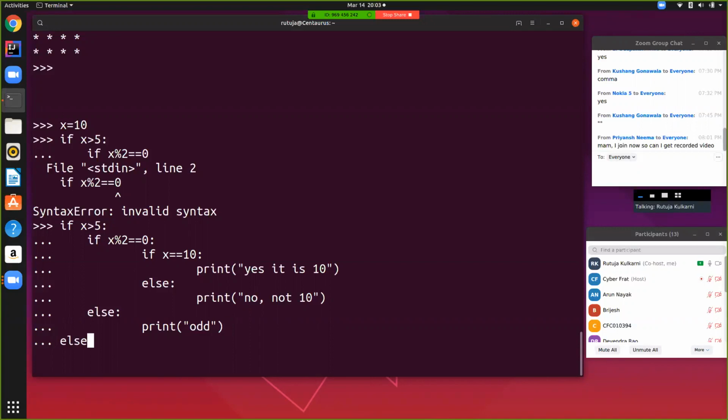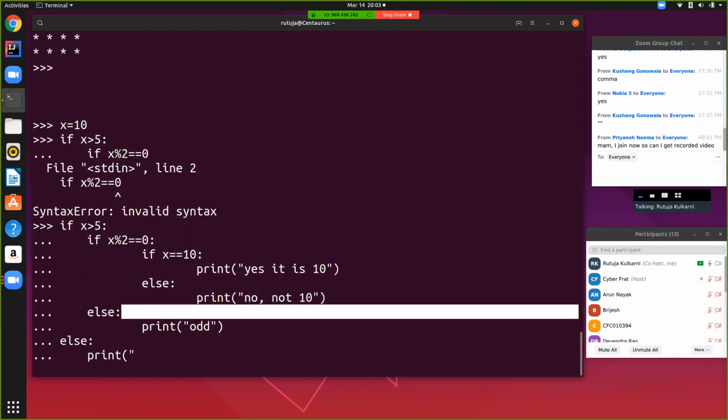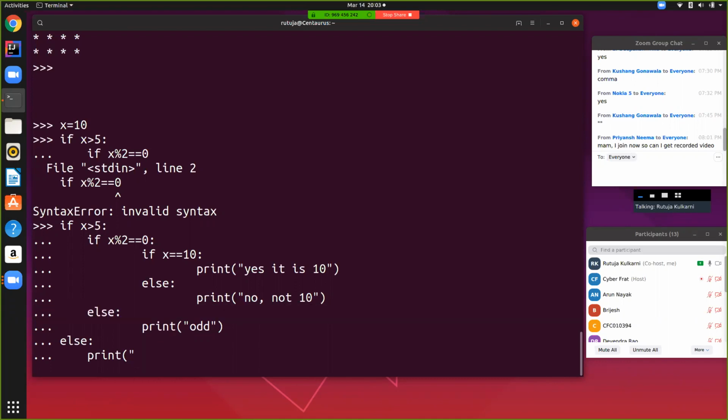And the last statement, which is parallel to this if statement, which means else, press tab. Wherever you are putting the print statement, else statement, or if statement, you need to be very careful when giving indentation. I'm repeating it a lot because indentation plays a major role when it comes to control flow statements. So print